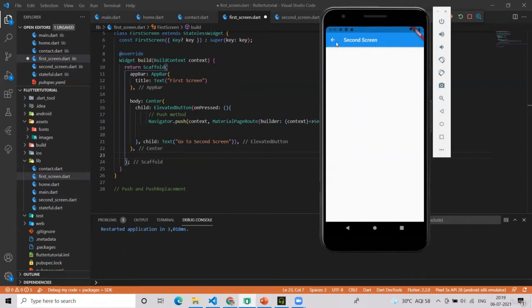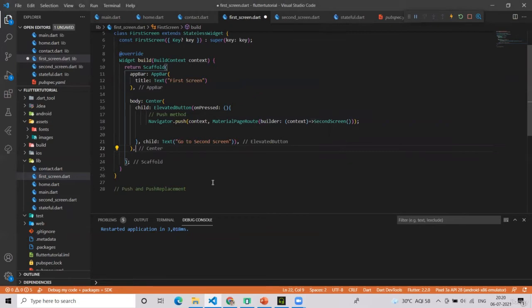And now you can see here there is this arrow button. So just imagine, because of this push, we are able to go back to the previous screen. If you can visualize a stack, above the first screen, that second screen was sitting on, and then we just remove it.